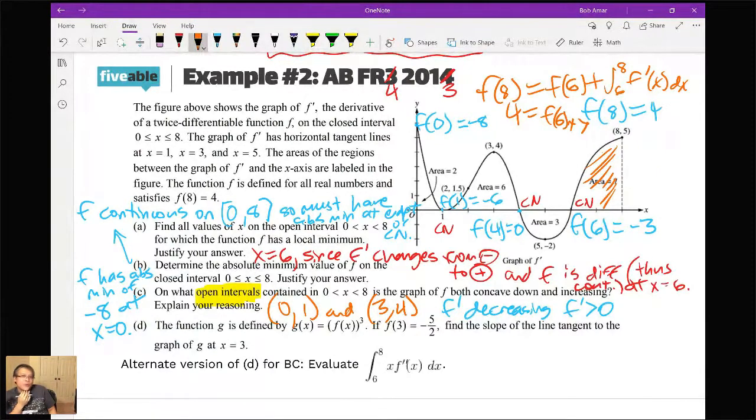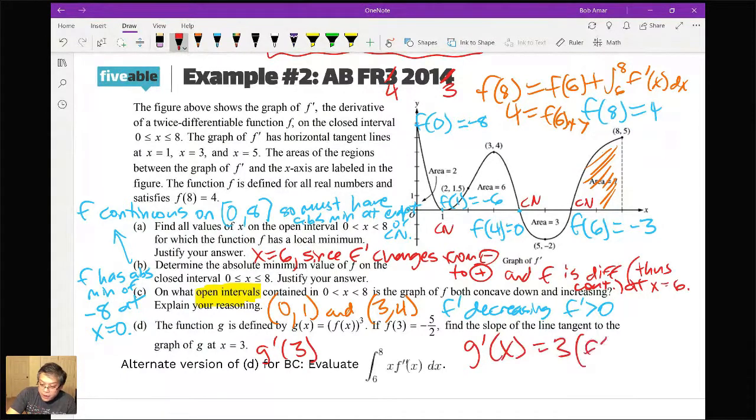Okay, so there are 2 different versions of D here. I like them both. I'll work them both very quickly. So if you're finding the slope of the line tangent to the graph of G at x equals 3, well, that's G prime of 3. Now G prime of x, we have to chain rule this. So this is 3 f of x squared times f prime of x. Okay, so G prime of 3